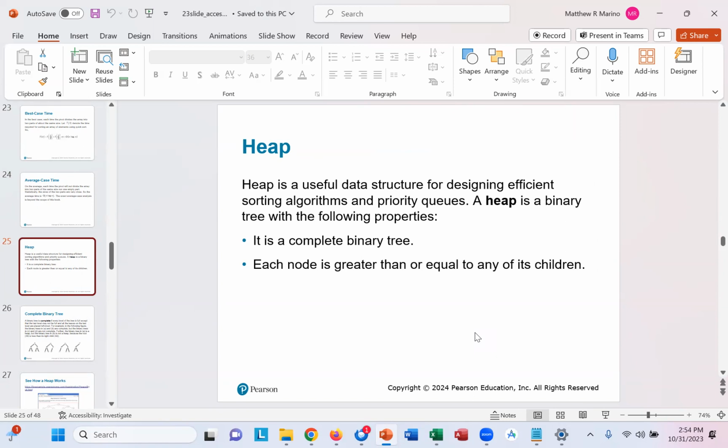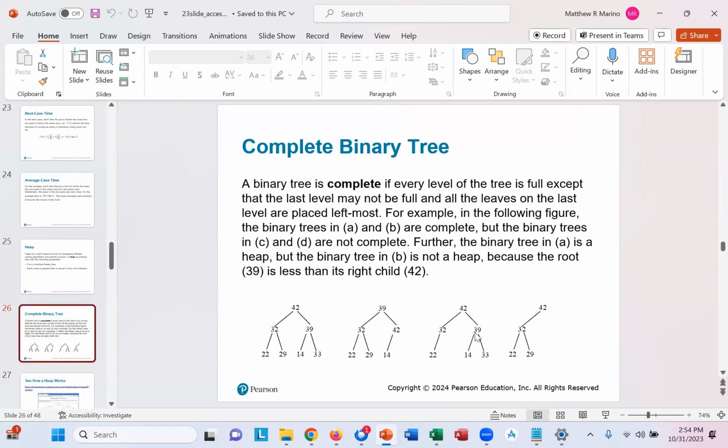So we're going to talk about trees in 2 weeks. So we'll hear more about heaps then. But a heap is a data structure for designing efficient sorting algorithms and, as you saw last week, priority queues. It's a complete binary tree, and each node is greater than or equal to any of its children. And like I said, when we go through trees, I think it's 2 weeks from today, you'll have more of a clear understanding. But a complete binary tree is